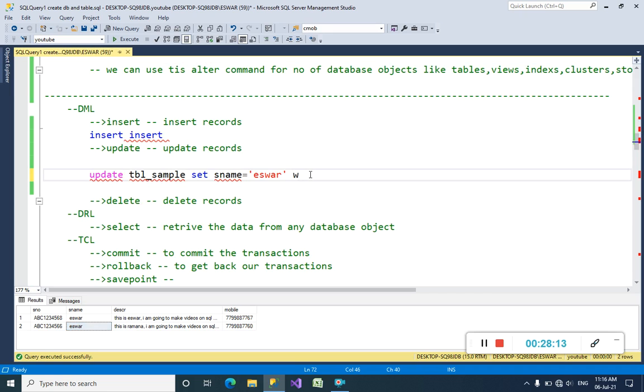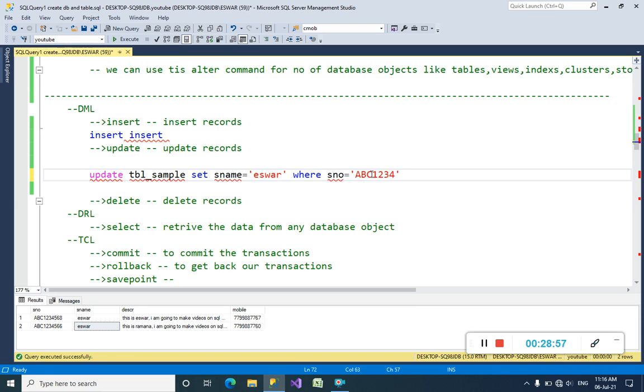So here we have to mention a condition, like where, which is different between these 2 rows. Definitely the serial numbers have different values here. So I have to write a condition like SNO equal to ABC123456 6, and because SNO is varchar, we have to mention that value inside quotes.